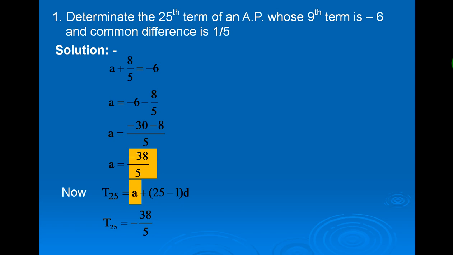Therefore, T25 is equal to -38.5, and D is equal to 1.5, we are given. Therefore, T25 is equal to -38.5 plus 25 minus 1 becomes 24. So we get plus 24 into 1.5,